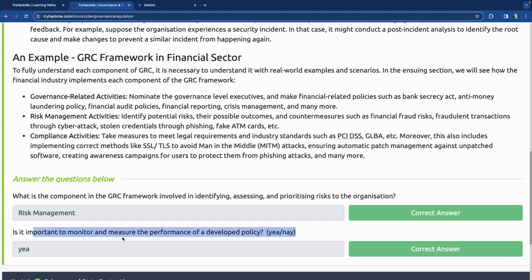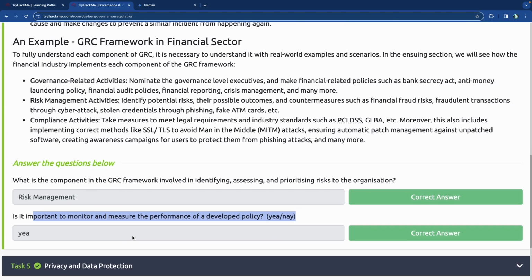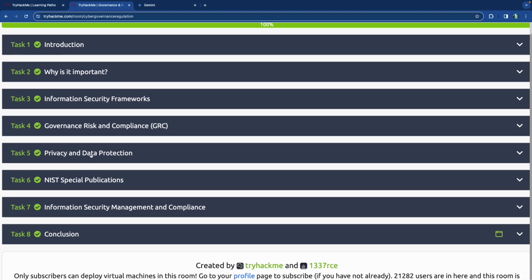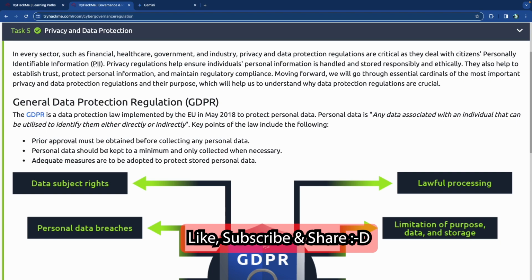Is it important to monitor and measure the performance? Yeah, it is. So let's move to privacy and data protection. So, privacy and data protection. I mean, do I need to say more? Protect data